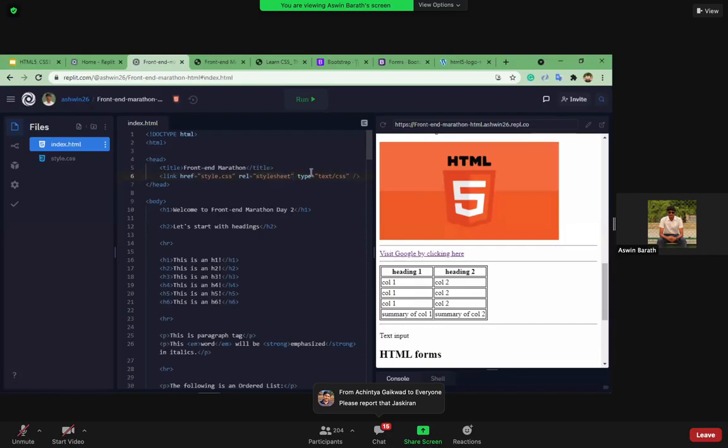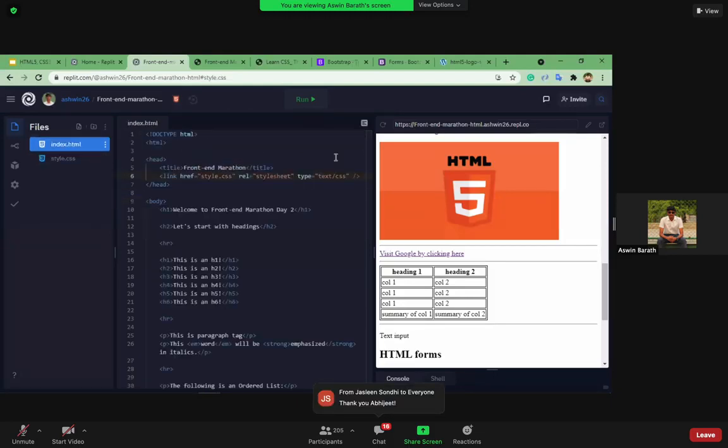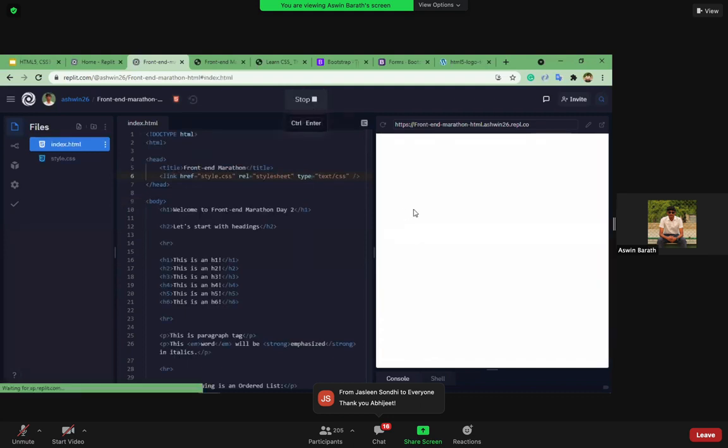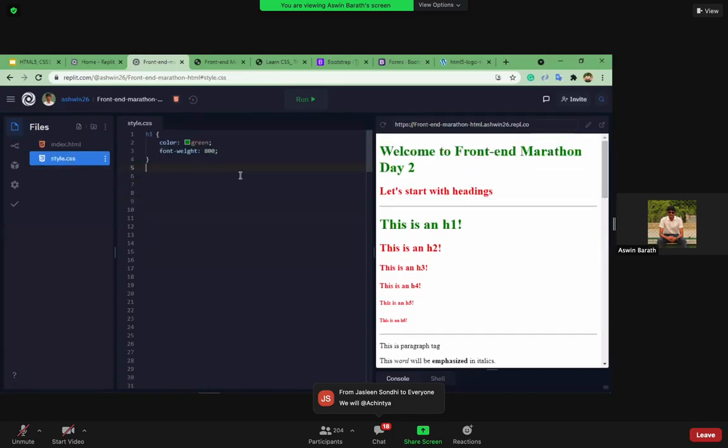As CSS stands for cascading style sheet, we are providing this as stylesheet, and the type of the file will be text/css. So when we use this, we can add our stylings to our style.css file. When I click run, a bunch of styles will be applied, right? So we'll go back to this style.css file. As you can see over here, I have selected the h1 tag.